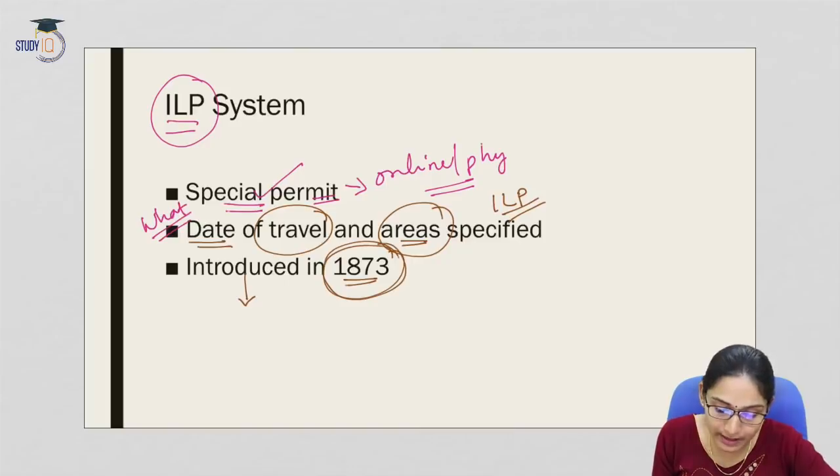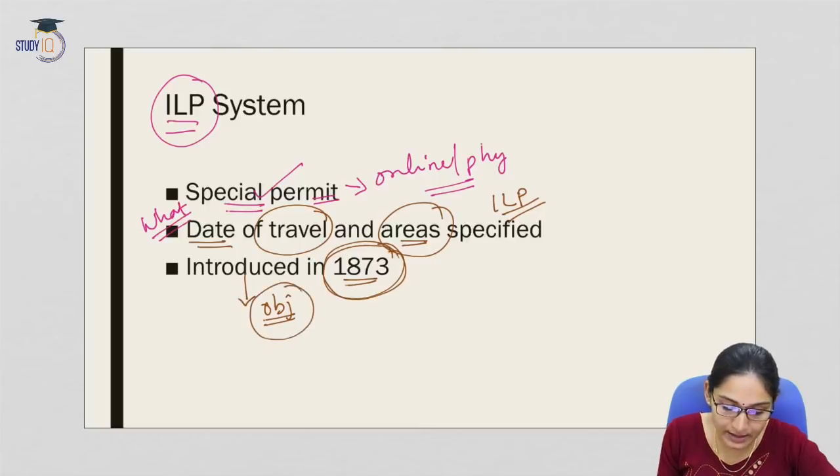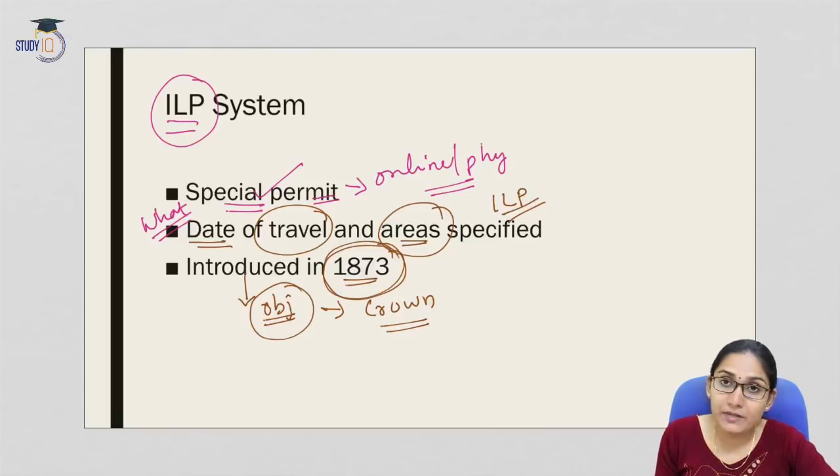And this was introduced in 1873. So when it was introduced in 1873, what was the objective? The objective of this Inner Line Permit was to protect the Crown's own commercial interest by preventing British subjects from trading within these regions. British subjects here means Indians. So this was to protect the interest of the British Crown, so that the Indians will not be able to